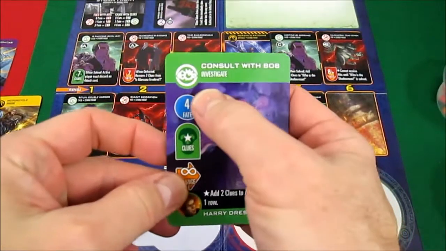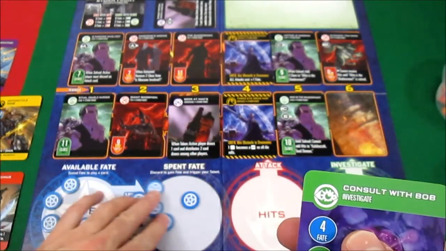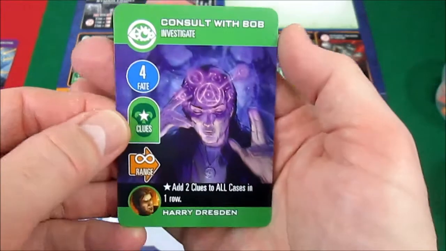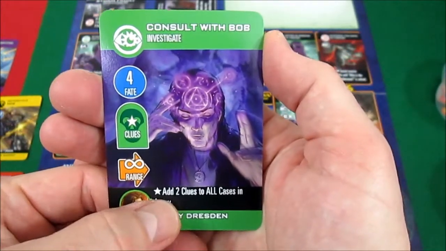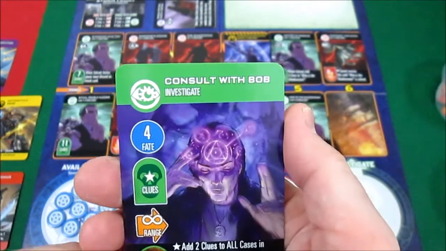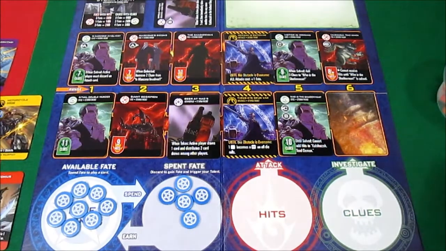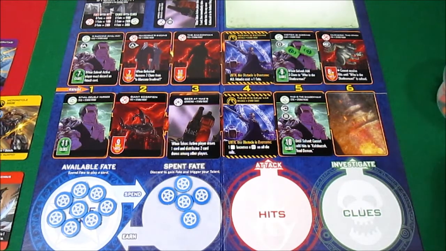Right. So I think Harry is going to do an investigate card. This is going to cost 4 fate though. So we're going to move 4 fate tokens from our pool over to the spent. And the clues, this is infinite range. It says add 2 clues to all cases in 1 row. And so we are going to add 2 clues, as we discard that, to all cases in 1 row. And we're going to add 2 onto this one. And again, maybe strategically I'm a